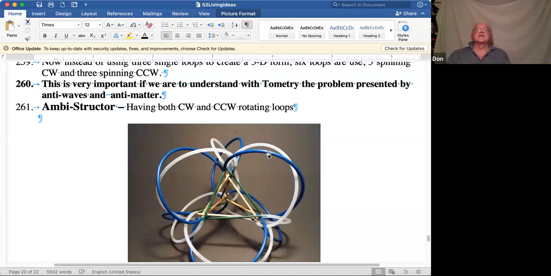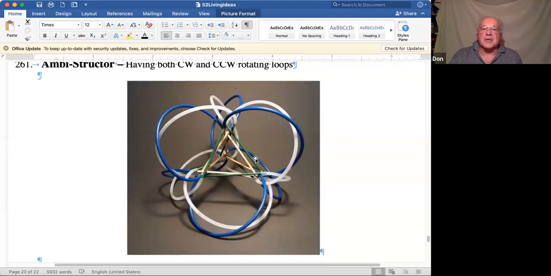The question is, why do waves wave? Now, I've never read anywhere in all the books on physics I've ever read an answer to that question. Why waves wave? They know they wave, and it's such a common thing that it is not even questioned. It does wave, but why? And the answer that field structure theory is telling me is that because you have right and left-handedness in electromagnetics,